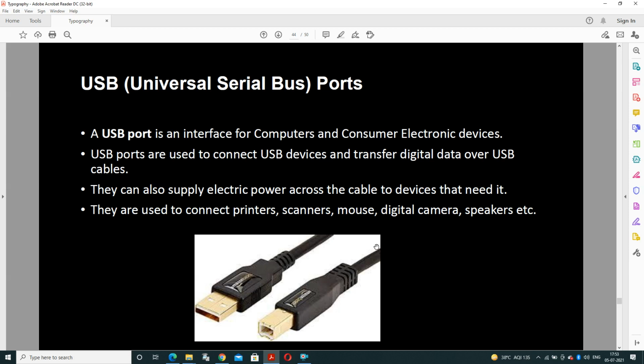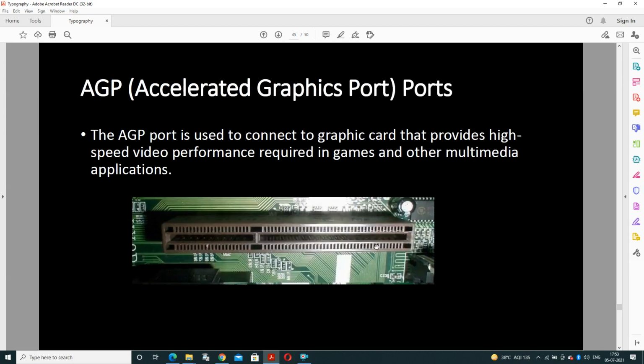And the major thing, to connect USB we don't need any special power supply. It will take power from the CPU directly. And they are used to connect printers, scanners, mouse and digital camera. It is also known as universal because it can connect approximately 56 to 60 devices with the same port.